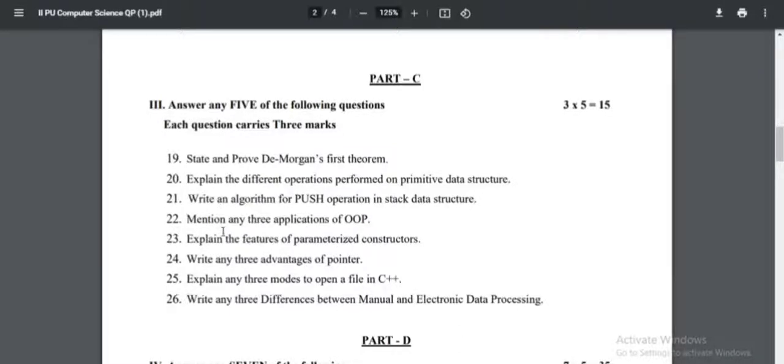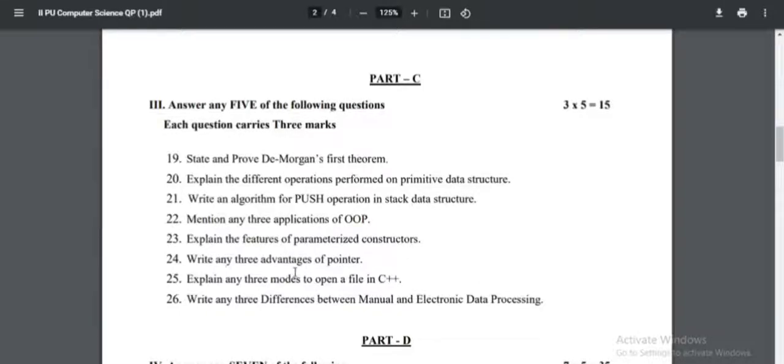Okay, and here we have a 3 marks question from this OOPS concept. We just need to mention any 3 applications of OOPS. Okay, then in the constructor chapter we need to concentrate on the types of constructor, whether it is a parameterized one or default constructor, like that. So you need to concentrate on the types of constructor, that will be important.